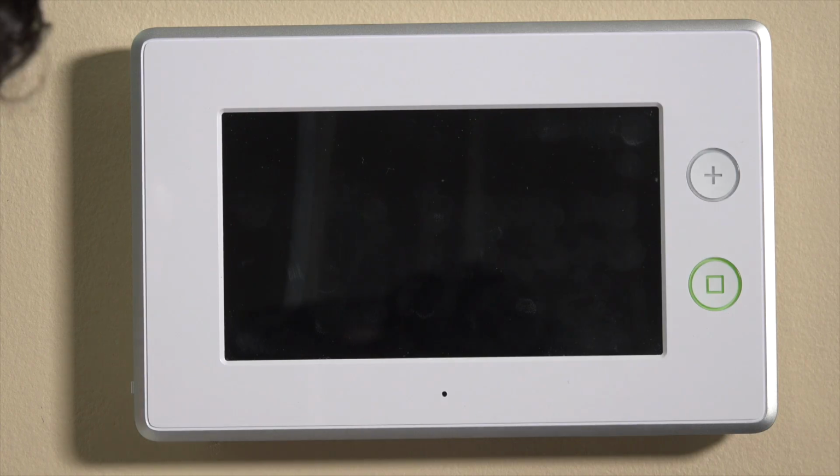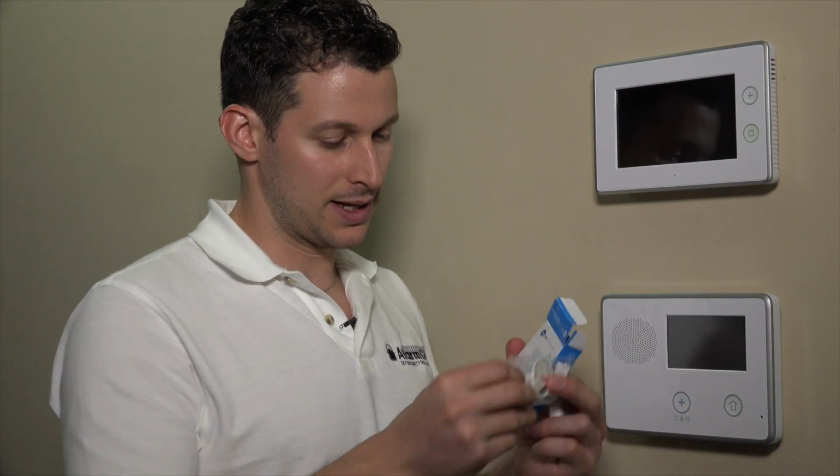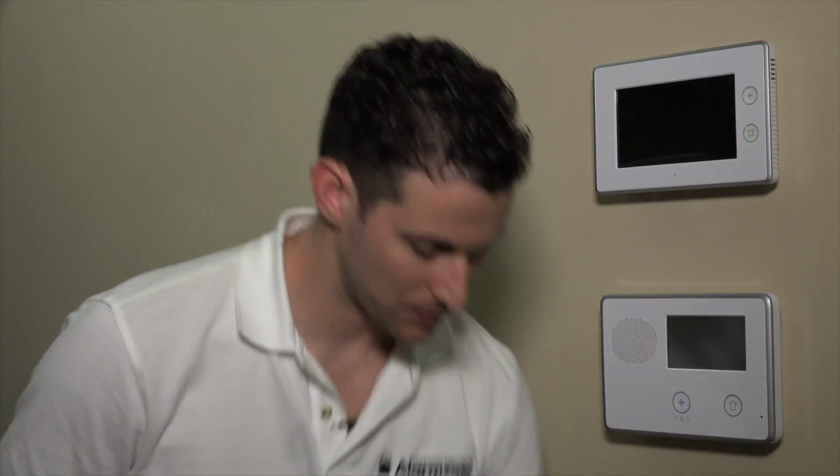In the 2 gig box, we'll also have a little magnet here and also a couple of screws. This is if you wanted to screw it in. Today we'll just be mounting it on the door using adhesive tape. But if you needed to screw it in, you can. In this little package,